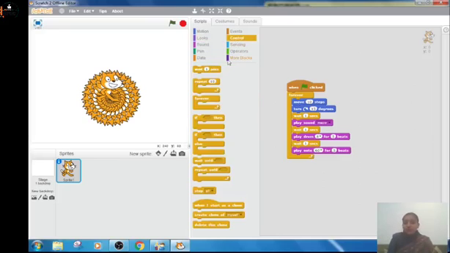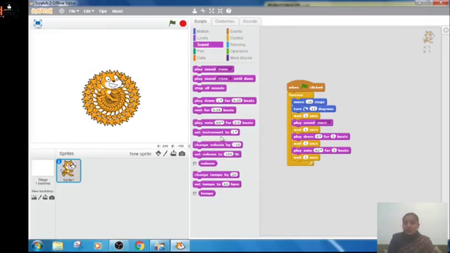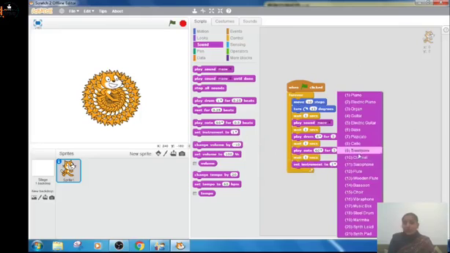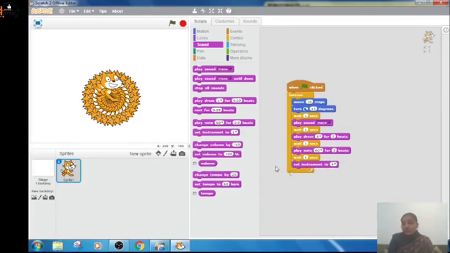Okay, again in control wait for 1 second, and in sound set instrument to 1, or here are the different instruments that you can choose. Set instrument to 4. The 4 one is guitar. Okay, this is the script.